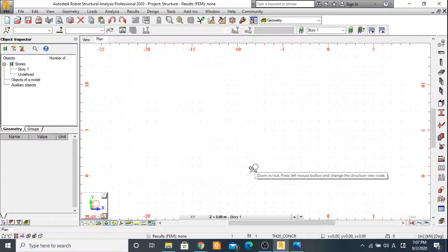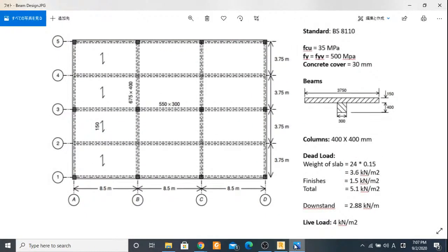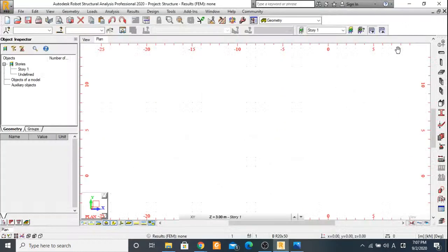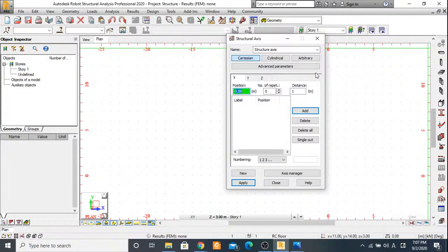All right. So the very first thing we want to do is to represent our axes. So you have here axis 1, 2, 3, 4, 5, and A, B, C, D. These are not yet the beams, right? They are just the axes that will enable us to draw the beams very easily. And to do that, we'll come right here to structural axis, which is the first point here. And following X,